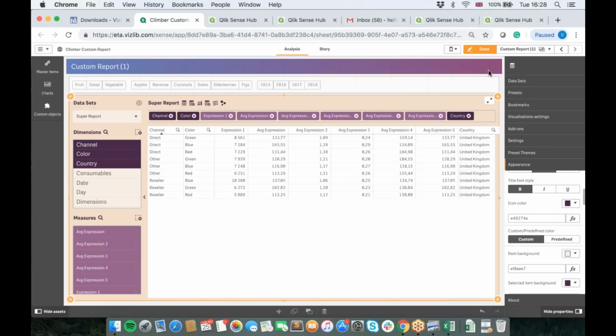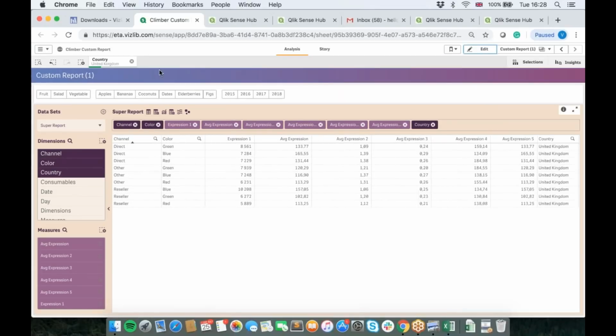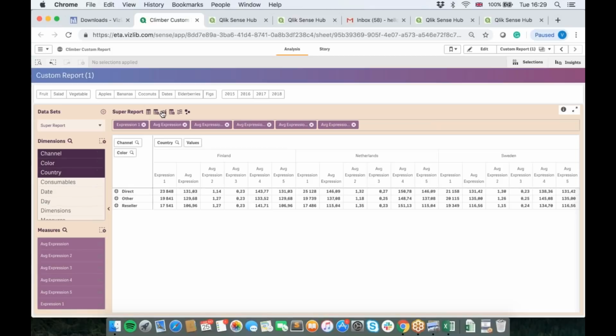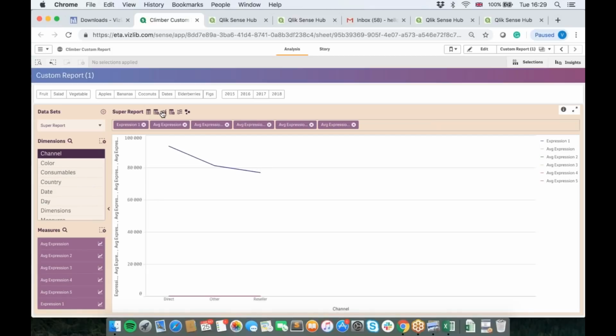Now, one thing that I'm actually very, very excited to share is, if I am a customer and I have the Climber self-service package and I have the Vizlib library package, actually, as of today, you will be able to leverage the best of both worlds. So you see here at the top right, where a user can quickly switch between a table to a pivot table and also to a combo chart. Well, actually, from now on, you will also be able to leverage a Sankey chart, the Vizlib Sankey chart, effectively